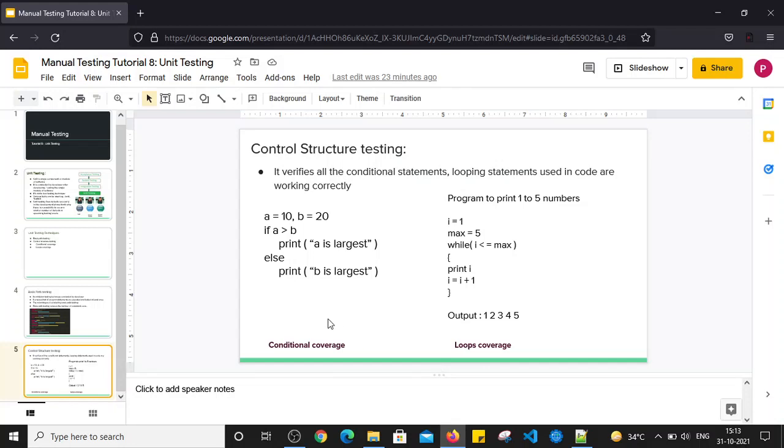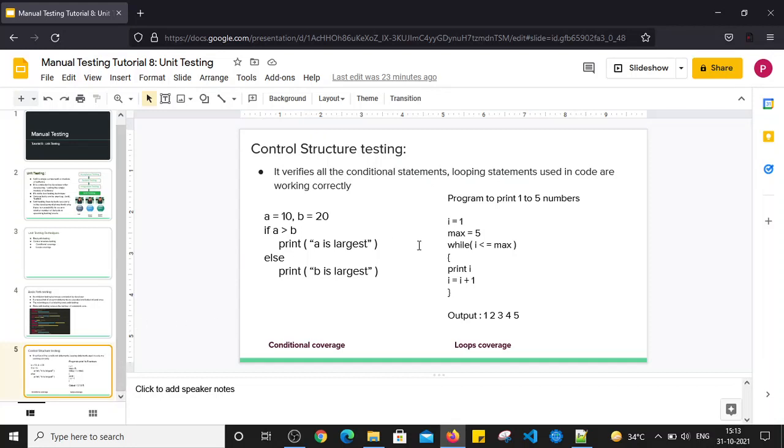So this is the fundamental, the basics of unit testing. During unit testing, the developer will check whether various kinds of conditions and various types of looping statements are working correctly or not, right? So that is basically control structure testing. It is conducted by the developer only, right?